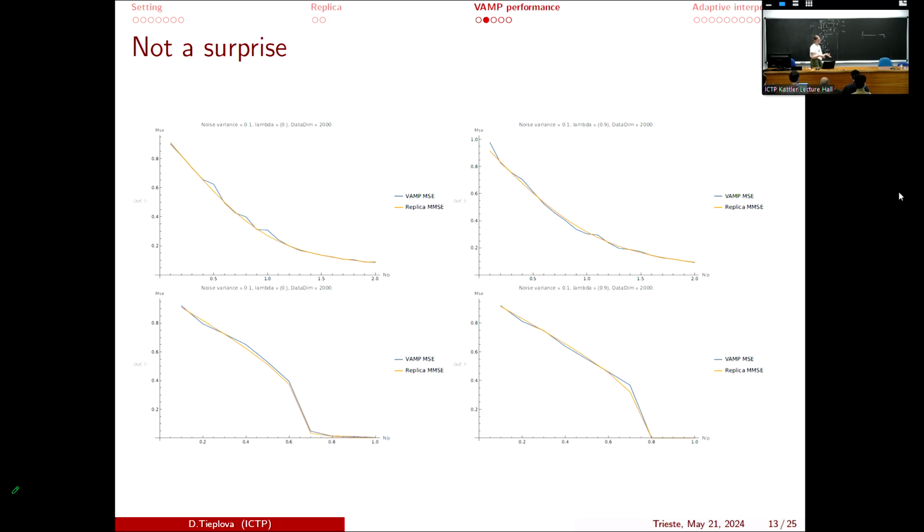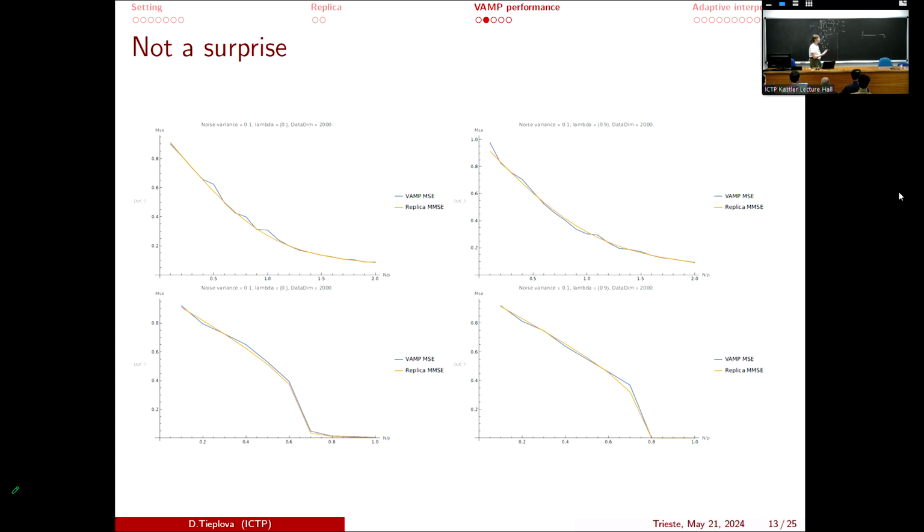And first, we were trying to imply this block structure also inside this AMP. But we didn't succeed, because each time when we thought, oh, it definitely should work, in the end the original AMP worked better. So, for example, here we see the plots for the model when lambda is equal to 1 and all lambdas are the same. So there is no surprise, everything is matching perfectly.